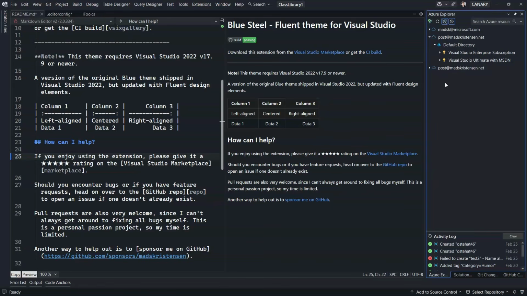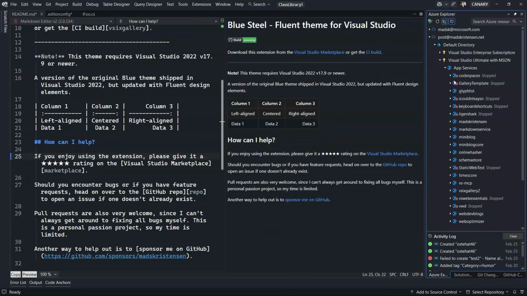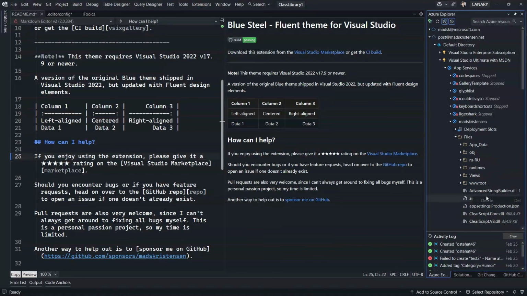It's called Azure Explorer, and it shows me all the different things I've got. And I can go and I can browse all my app services. I can see what's going on. I can load the files of my, it takes a little bit, has to connect to the Kudu service for this, but I can see the files that are making up my websites. I can browse them. I can even delete them. I can upload new ones. So this is kind of neat, right?